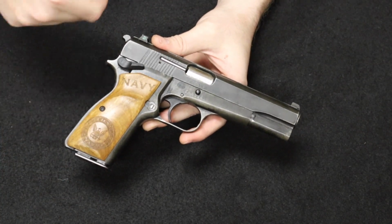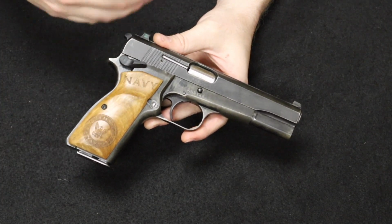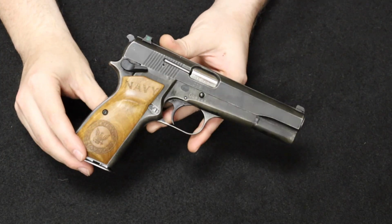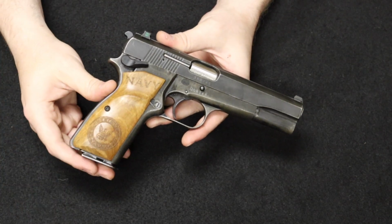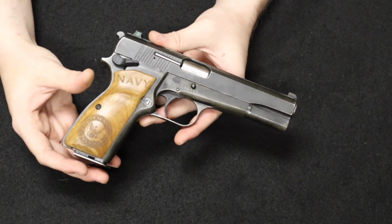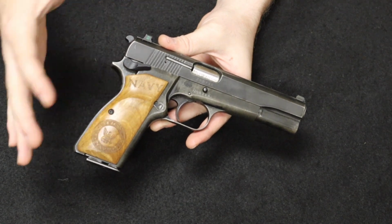Throughout the 60s and the 70s, these would continue to be very famous in non-Com Bloc countries, continue to be very popular and regarded as one of the best handguns throughout that period of the 40s through the 60s and 70s, as things would start getting replaced through the 70s and 80s with things like the CZ75s and the Berettas and polymer handguns and things like that. So sort of in that post-war to Cold War era,